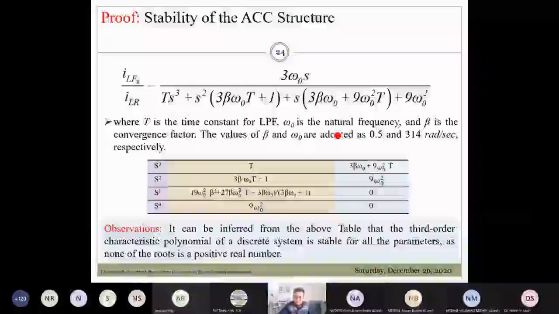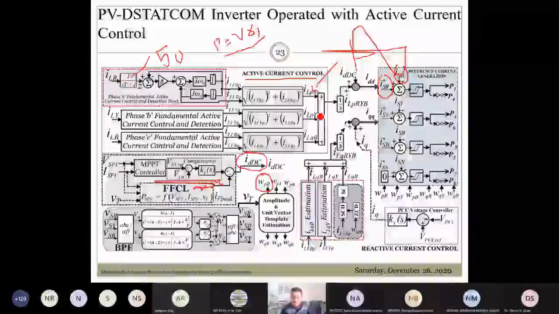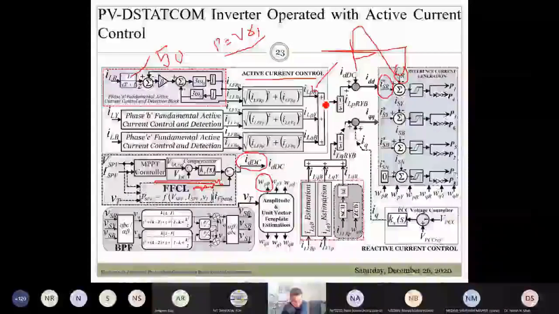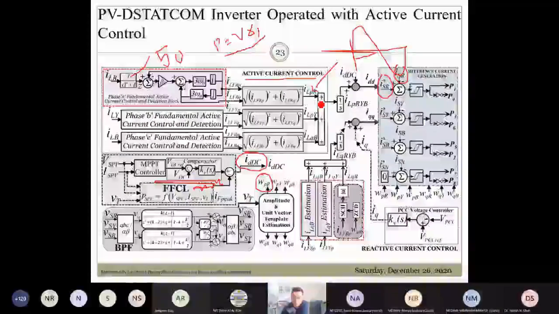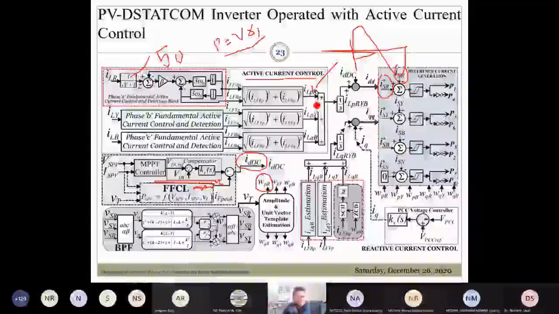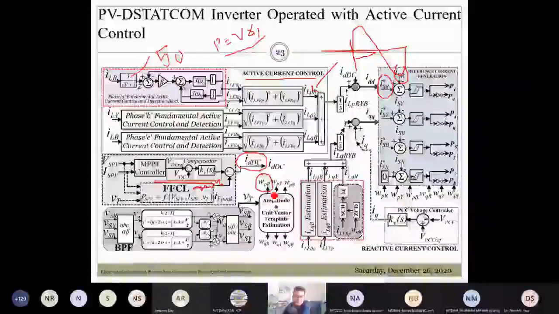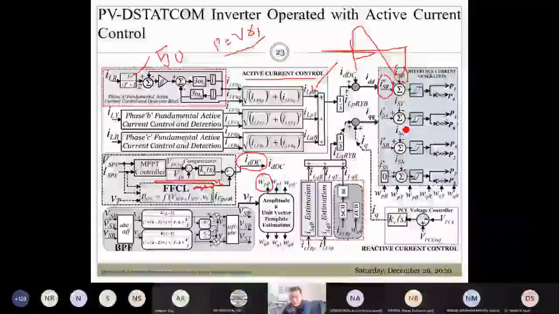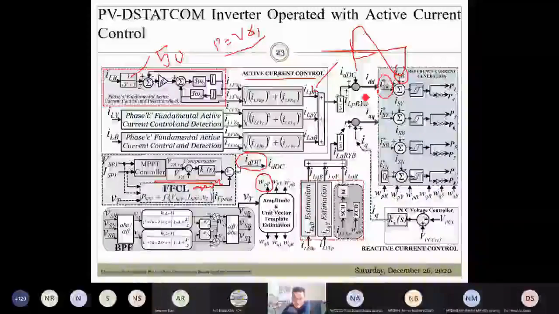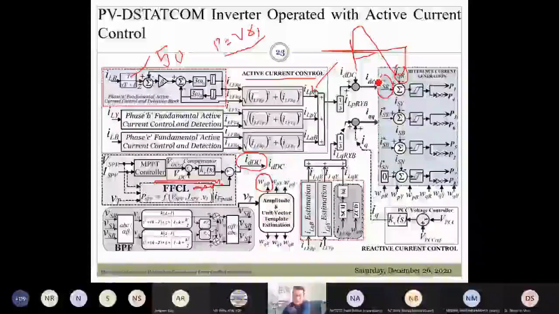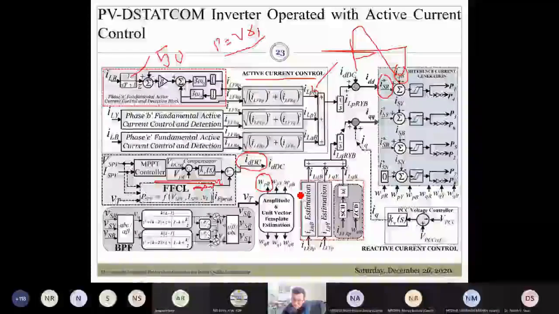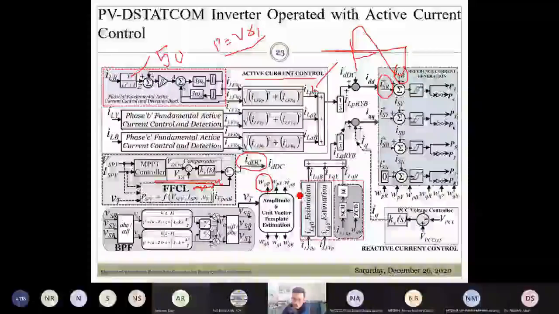One more doubt in that previous one. Yeah, tell. Sir, for tracking the phase angle, what are you using here? Are you not using PLL? No, I am not using the PLL. So how are you getting the phase angle of the grid, sir? Instead of phase angle, you can have the unit vector templates. These unit vector templates will be multiplied with this current, and this will ensure the synchronization with the utility grid. Sir, what is the grid's actual phase? How will you get it with this unit vector template?